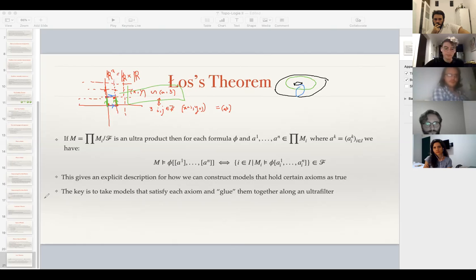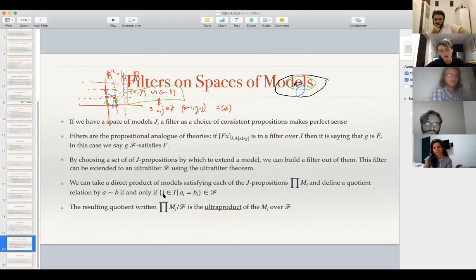In our case, the relation is, where is it? Here, this one, where the indices where they agree is in the filter. Okay, we're using the filter and an equality as a relation that we can do the same kind of quotienting with, where we identify elements together. So, to think of this in the same way,